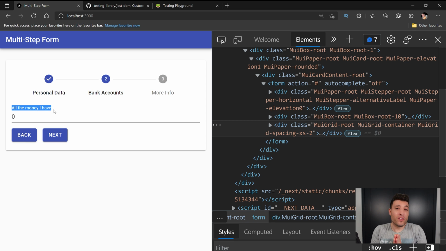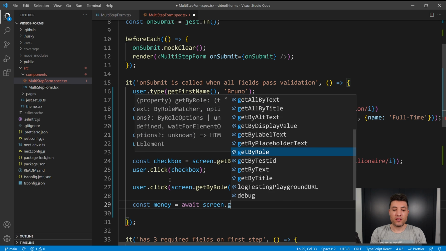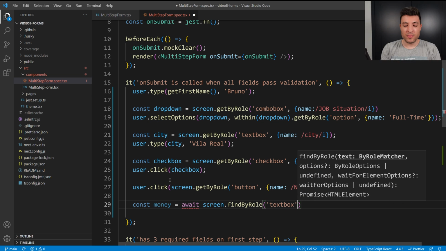Right? And you have two ways to wait for it. You can use a waitFor and inside do expect this field to be in the document, or you can use the findByRole. And that's what we are going to use. We will use the findByRole. And then we will just do the following. Const, I will say the money, which is the name of that input field, and we will do the following. Await screen.findByRole, and we will do textbox name